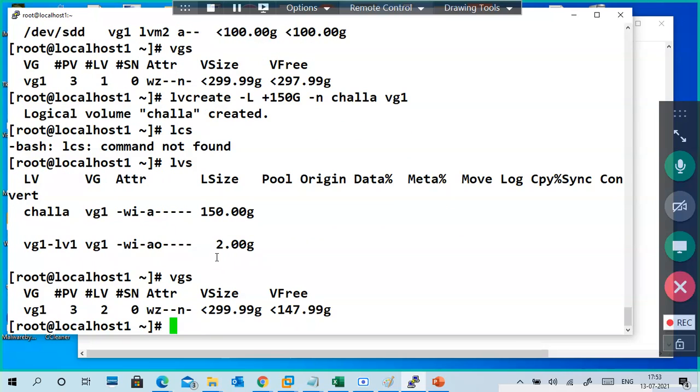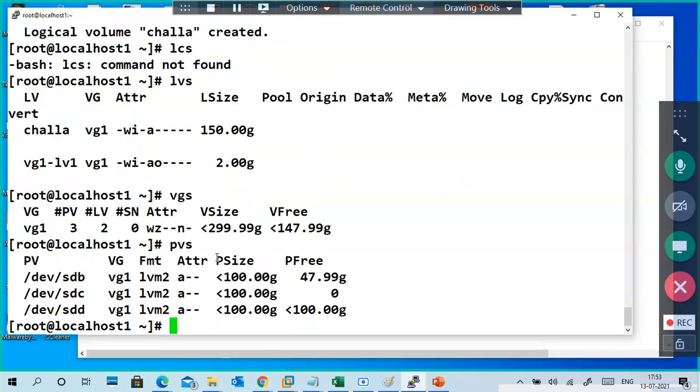Now 300 GB, 147 GB free. PBS. So see guys, free space is not there for SDC.